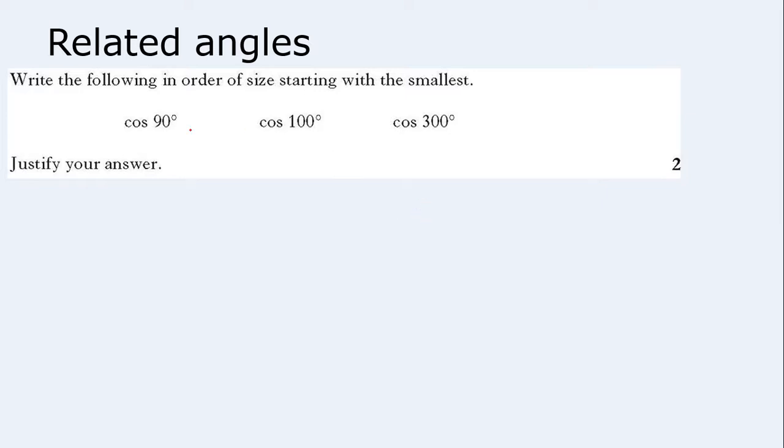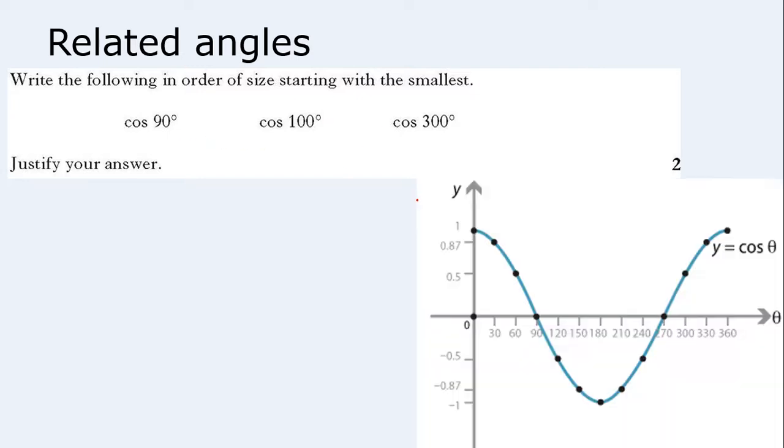Here we've been given three values, and we're told just to put them in order. So again, what we want to be doing is quickly sketching a cosine graph, and we can just look at this. Cos of 90 is one of the plots we need to know. Cos 90 is 0. Okay, so we know that's 0. Cos 100 is going to be somewhere around here. And we don't know what that value is, but we're certain